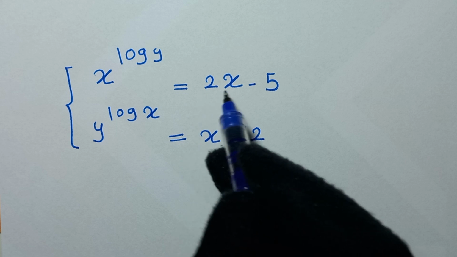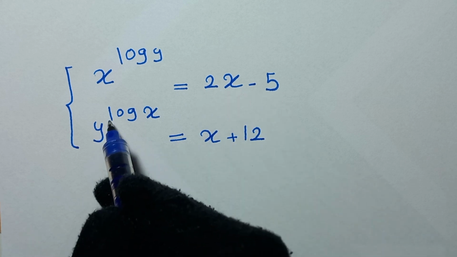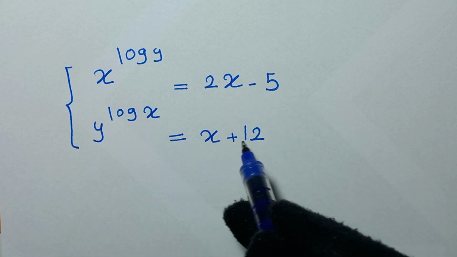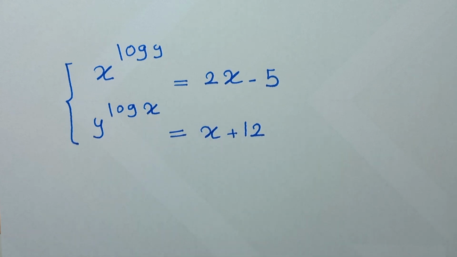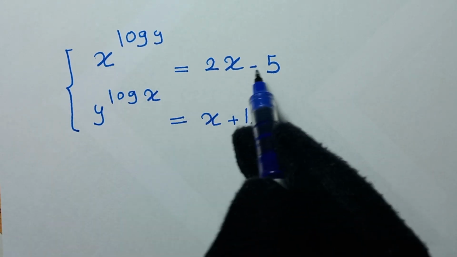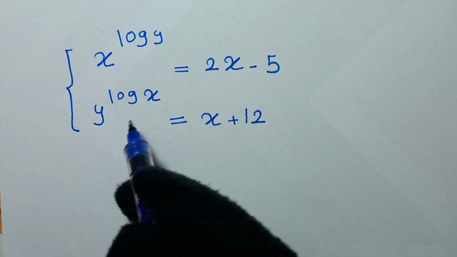You're welcome to solve this math problem: x to the power of log y is equal to 2x minus 5, y to the power of log x is equal to x plus 12, to find the values of x and y. In the first step, we apply log to both of these two equations, and it will be